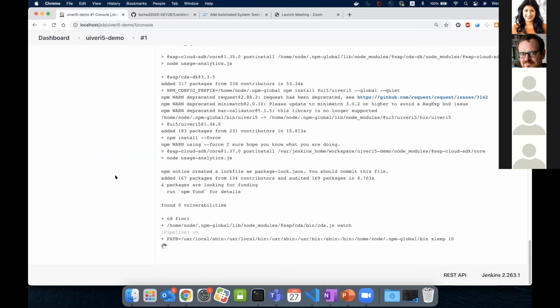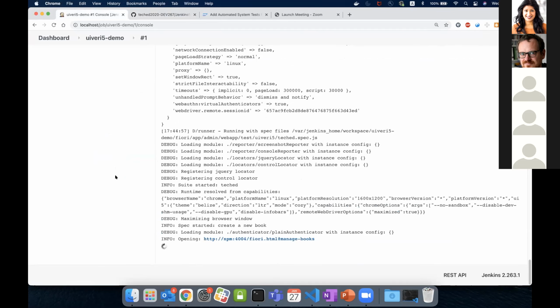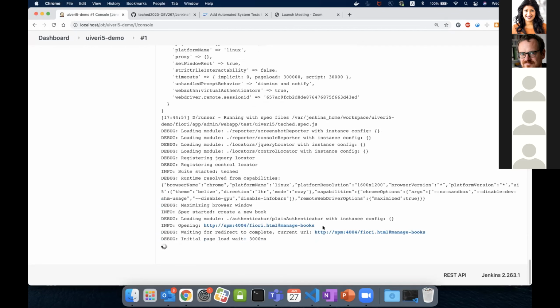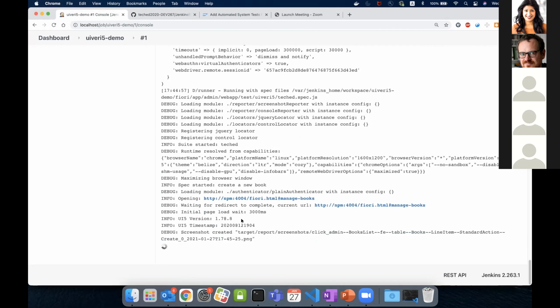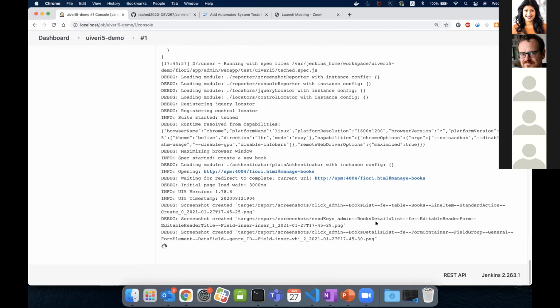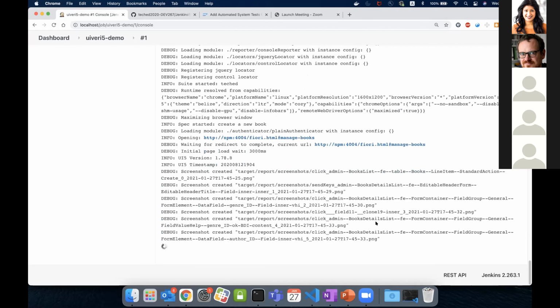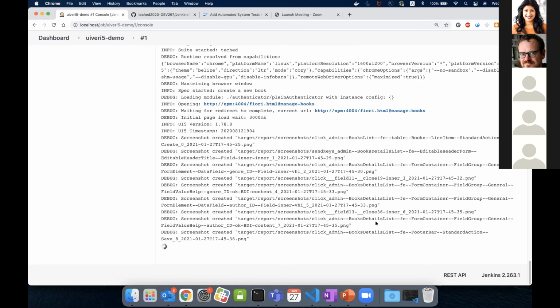Let's go back to the Jenkins console, and here we can see that the tests just started. It is opening the Bookshop application in the browser, which is started in a separate Docker container, which is started by the Piper steps, waiting for the application to load, and screenshots are created here. Just wait several seconds and we will have